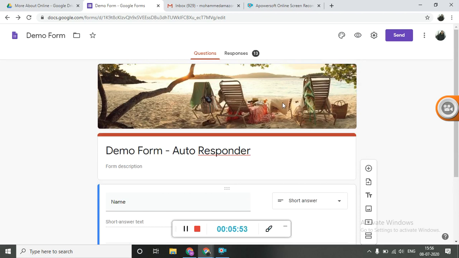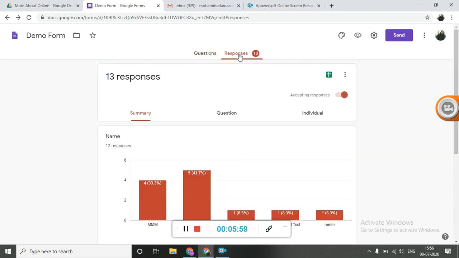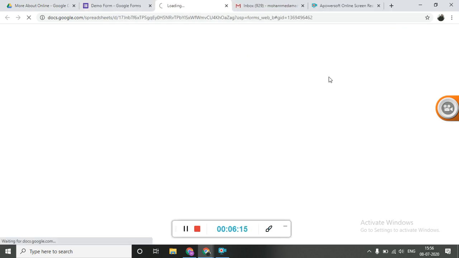What you now have to do is come down to the response section over here. You see this? You don't have to do anything to summary, questions, or individual right now. All you have to do is click on this Google Sheets, view responses in Sheets. Click on the sheet.